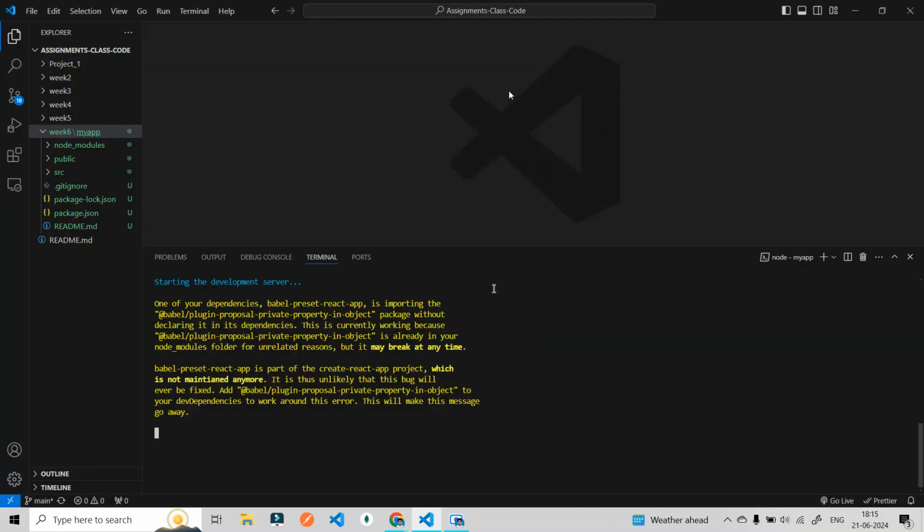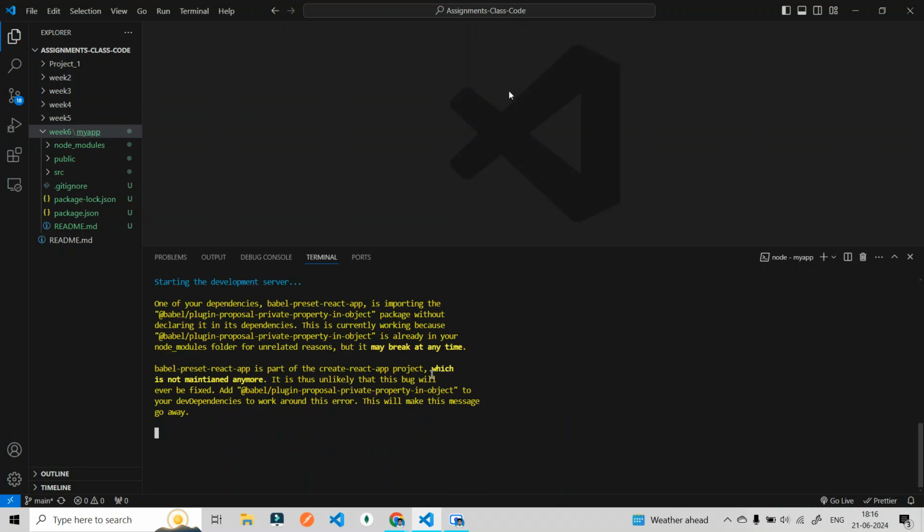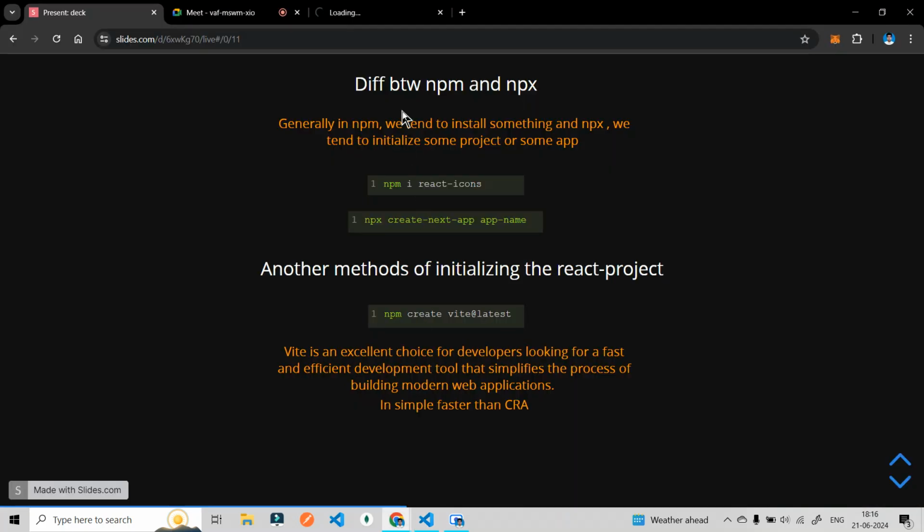Why do we want to use all these commands, like npm start and all these types of commands? Generally, in npm we tend to install something, and with npx we tend to initialize some project or some app,